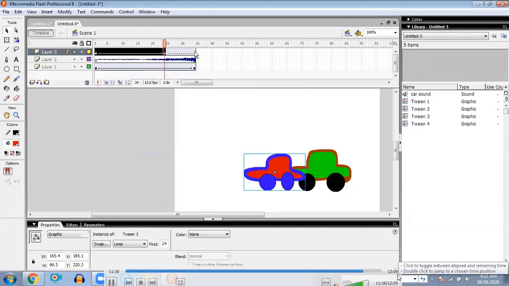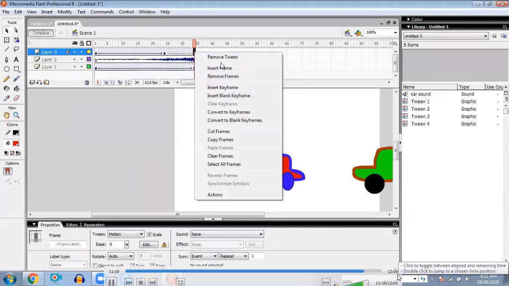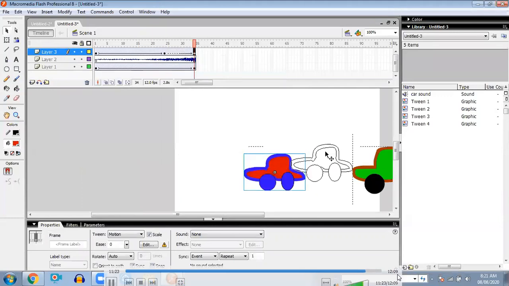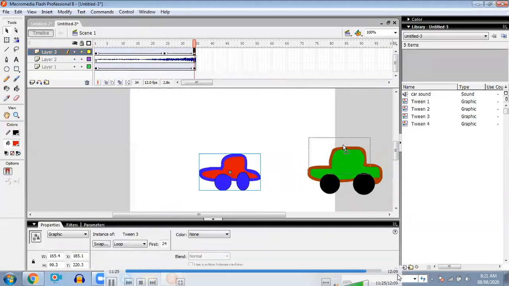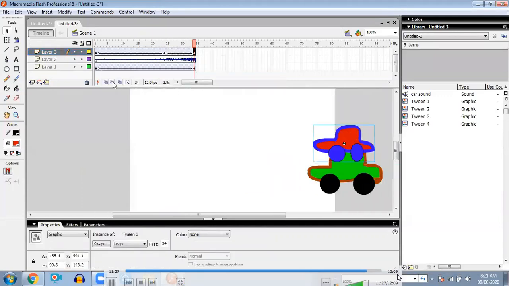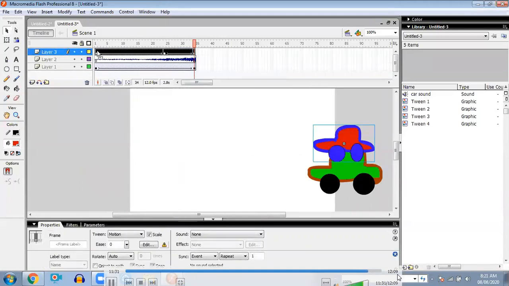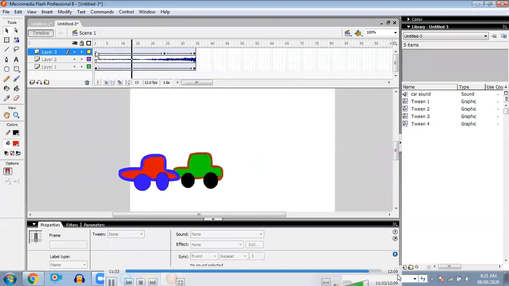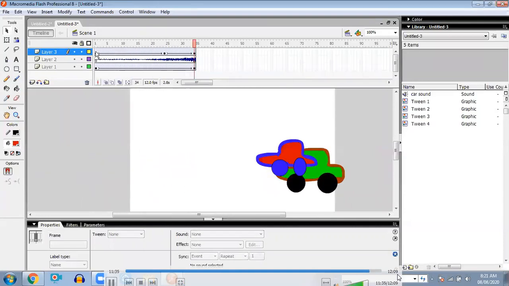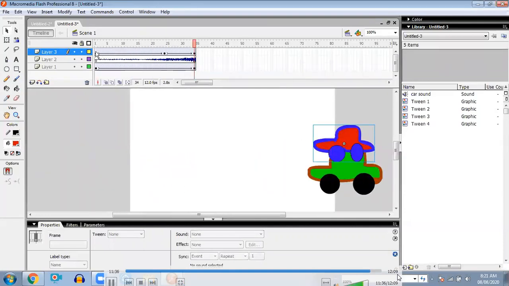And this one again, insert keyframe, and now look at this. Okay, this way you can apply the car accident.